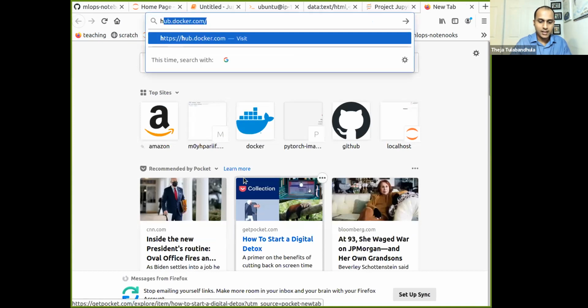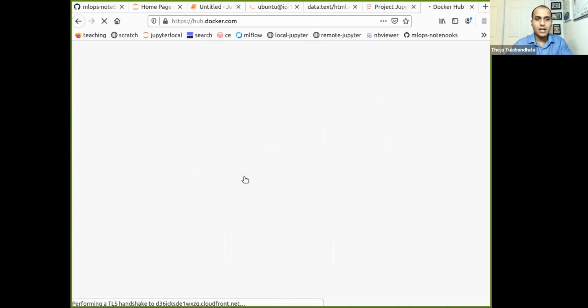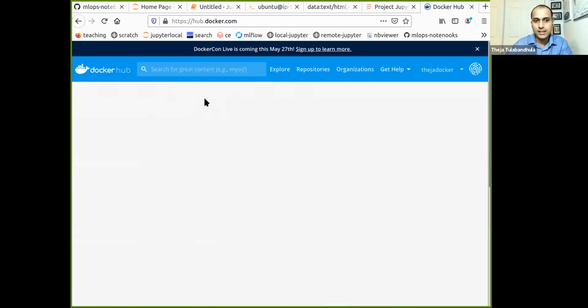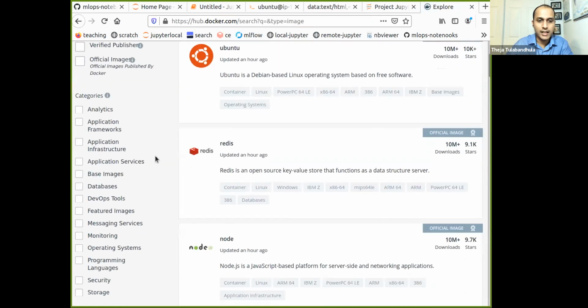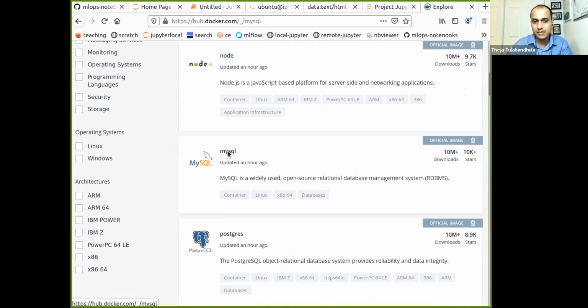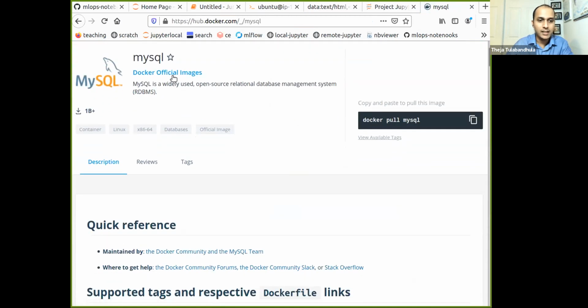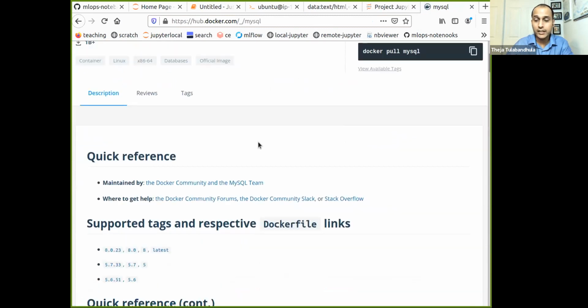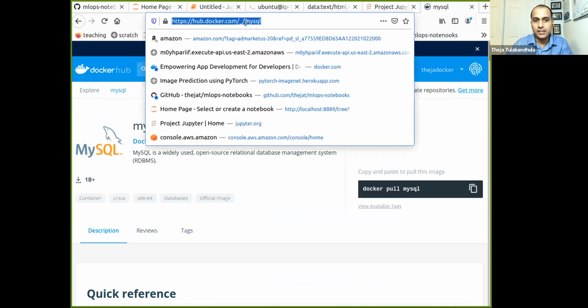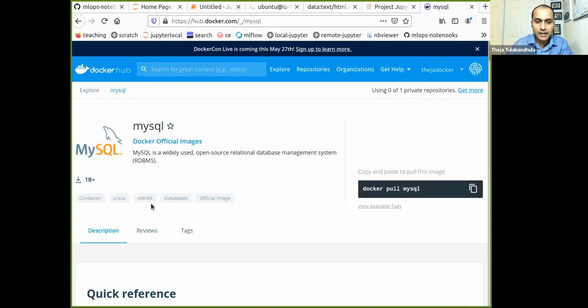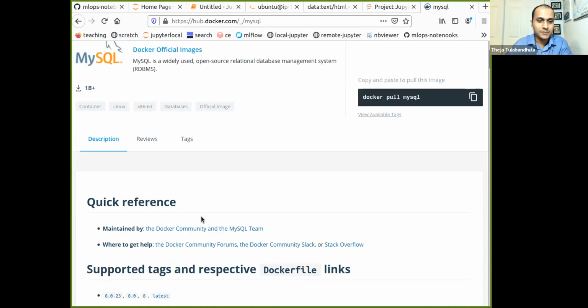Docker Hub is like GitHub, so you can explore and see which organizations have images available. You yourself, with your name, can have your own images publicly available for other people to download and run your container.